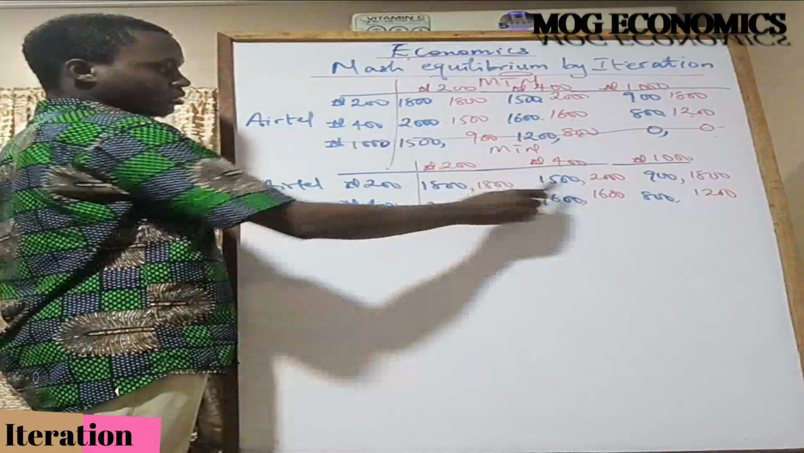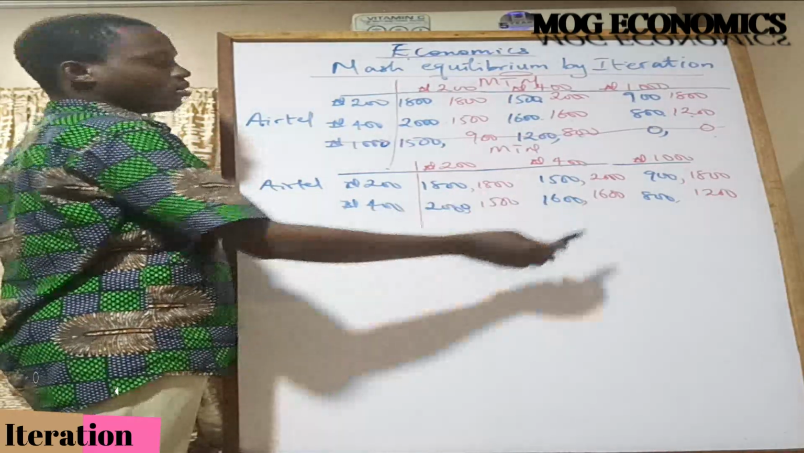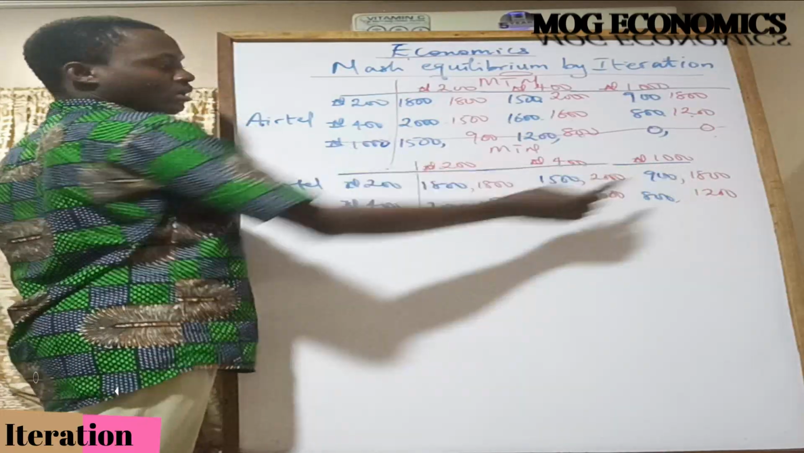2000 is better than 1/8. 1/6 is better than 1/5. Or 2000 is better than 1/8. 1/6 is better than 1/2. So that means